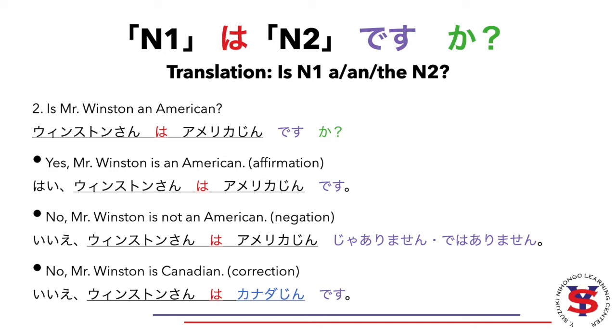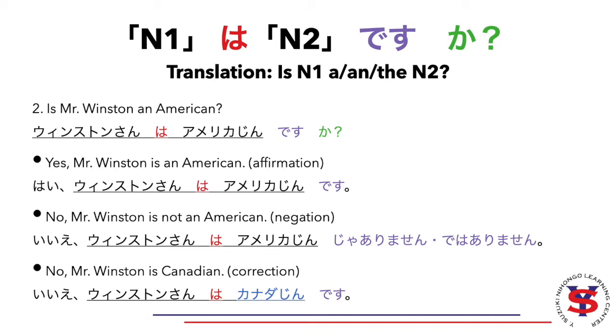Notice that the N1 wa N2 pattern from the question is being used in the answer. If Mr. Winston is not an American, we respond, iie, Winston-san wa Amerikajin ja arimasen or dewa arimasen. Notice again that the N1 wa N2 pattern from the question is being used in the answer, followed by the